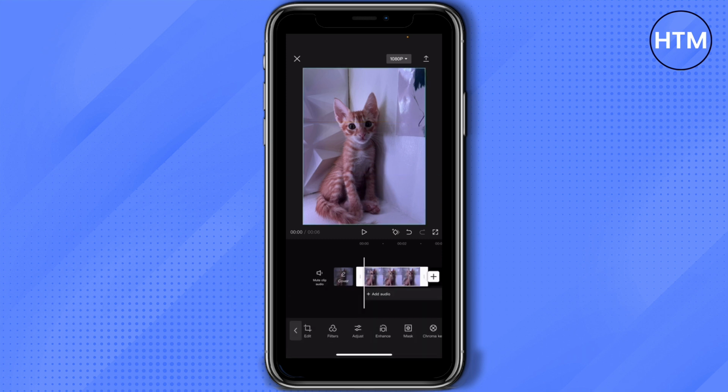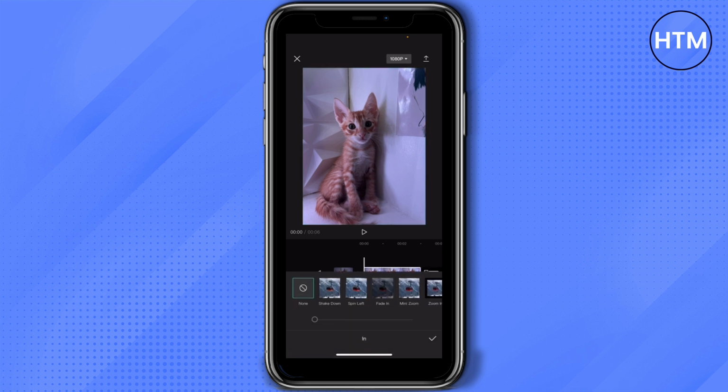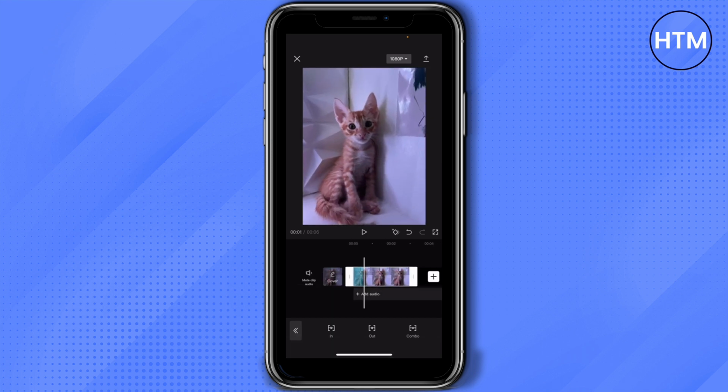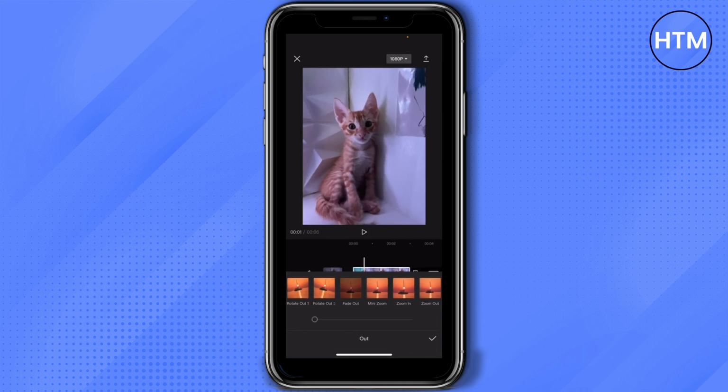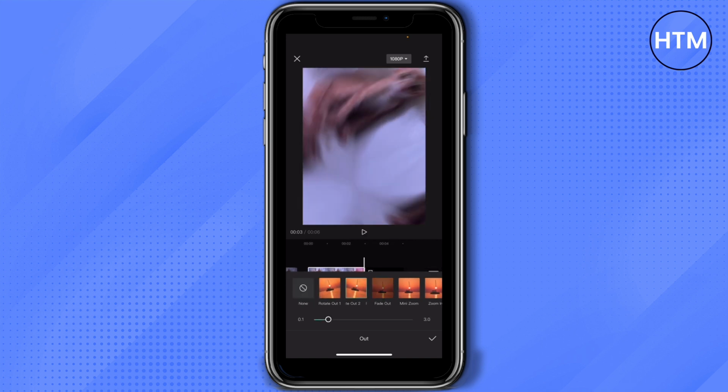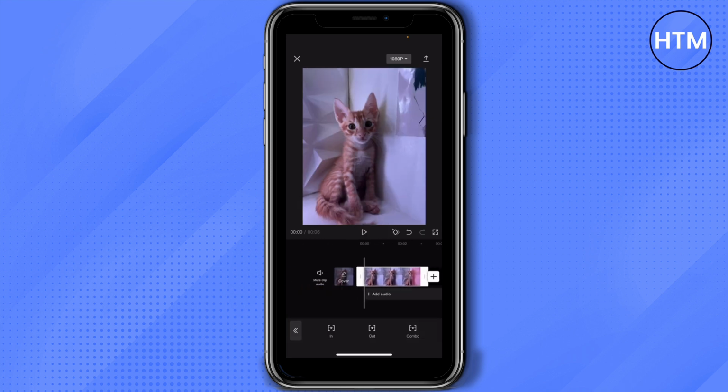Go back on that. You'll also have an option in here to add on animation on this photo. You can add this here, and then for outro you can add rotate out. And that's how to edit